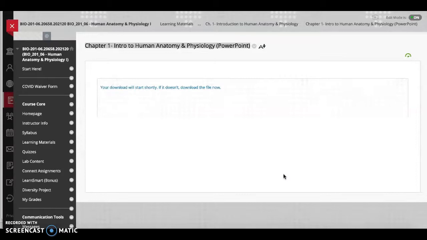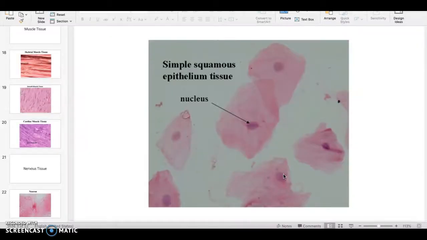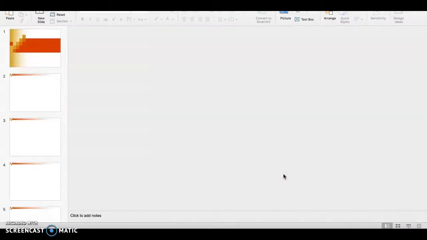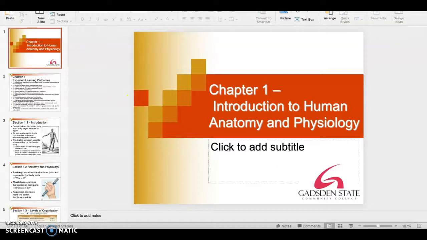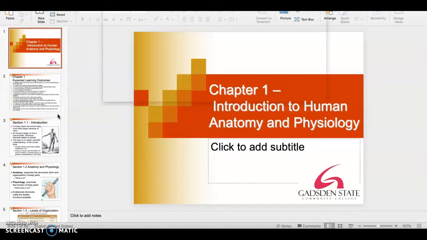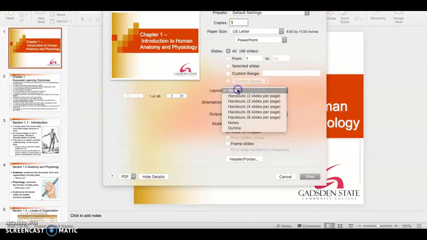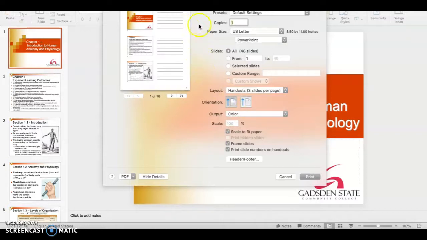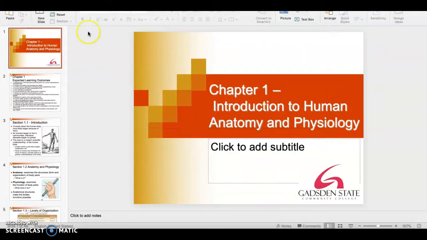Let me show you my best advice I can give you on how to do well in this class: download the PowerPoint and print it off before you start watching the lecture videos. What I would do is you can print, change that to handout. I like the one that says 3 slides per page. You might not be able to see that too well, but right here is what that's going to look like. It's going to be the slides. That's small, but you should still be able to read them. And then you've got plenty of room for notes out to the side. So print that, have it with you,